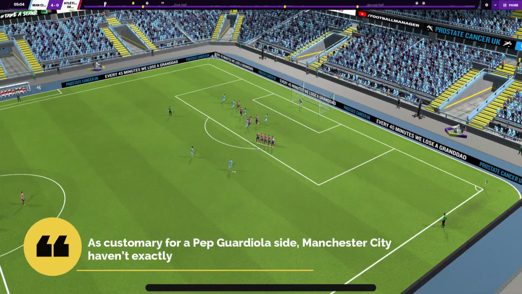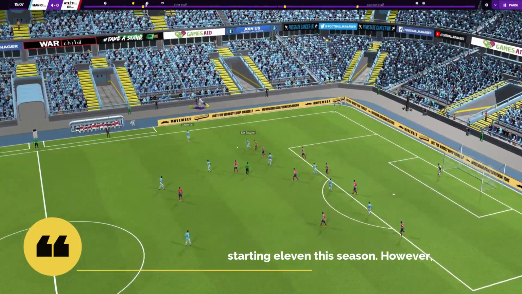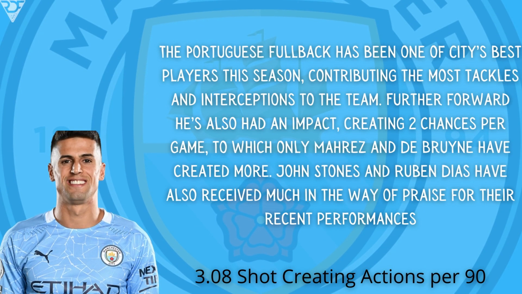As normal for a Pep Guardiola side, Manchester City haven't exactly had a set starting 11 this season. However, in recent times, a few key figures have emerged along with a consistent formation. João Cancelo, the Portuguese fullback, has been one of City's best players this season, contributing the most tackles and interceptions to the team. Further forward, he's also had impact, creating 2 chances per game, to which only Mahrez and De Bruyne